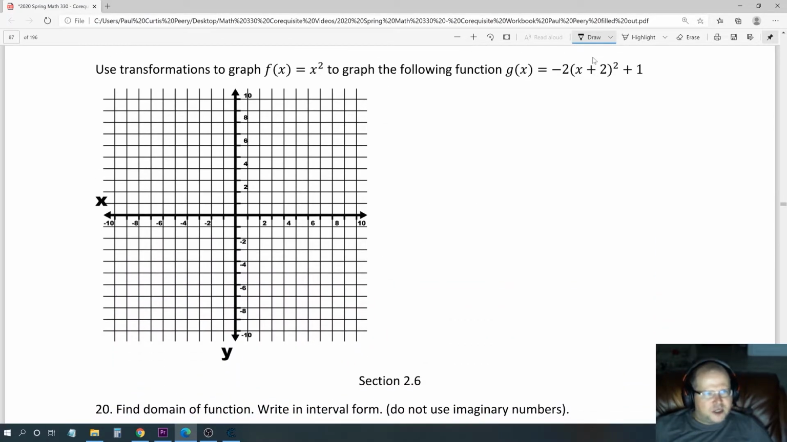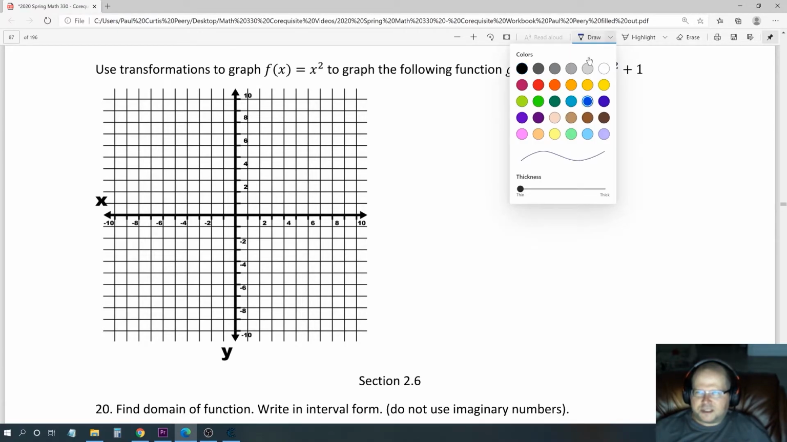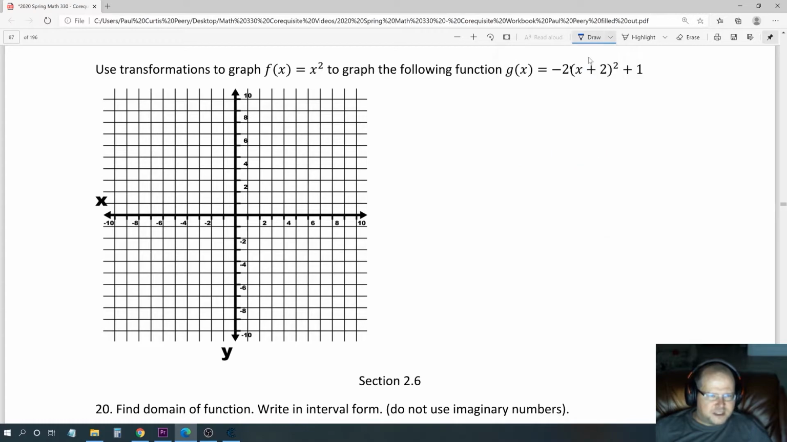So use transformations to graph f of x equals x squared to graph the following function: g of x is equal to -2 multiplied by (x plus 2) to the second power plus 1. Okay, so first let me differentiate these two. So we know that the parent function of this